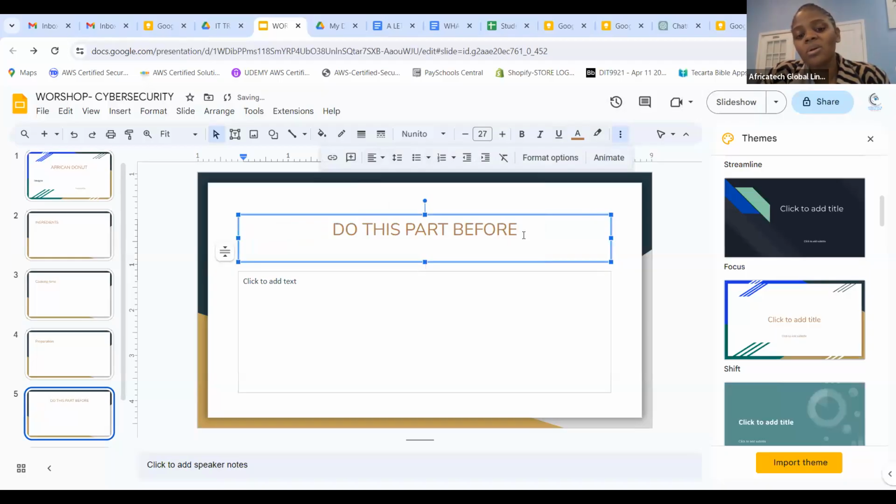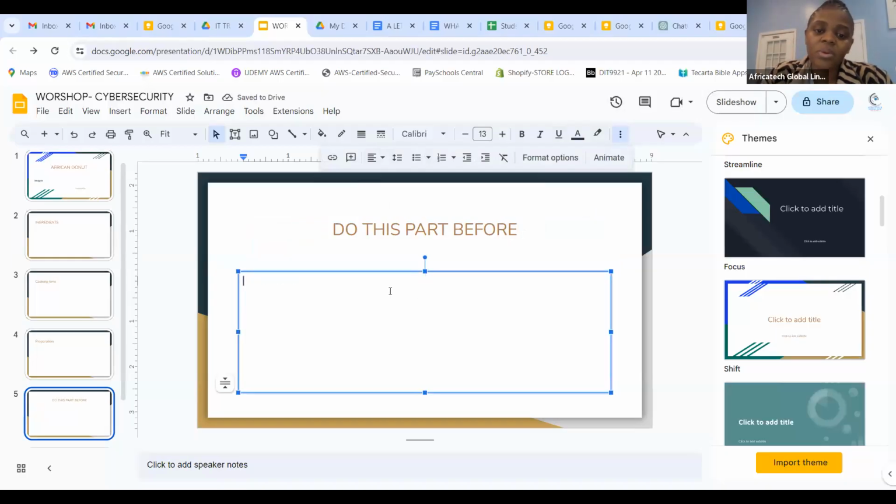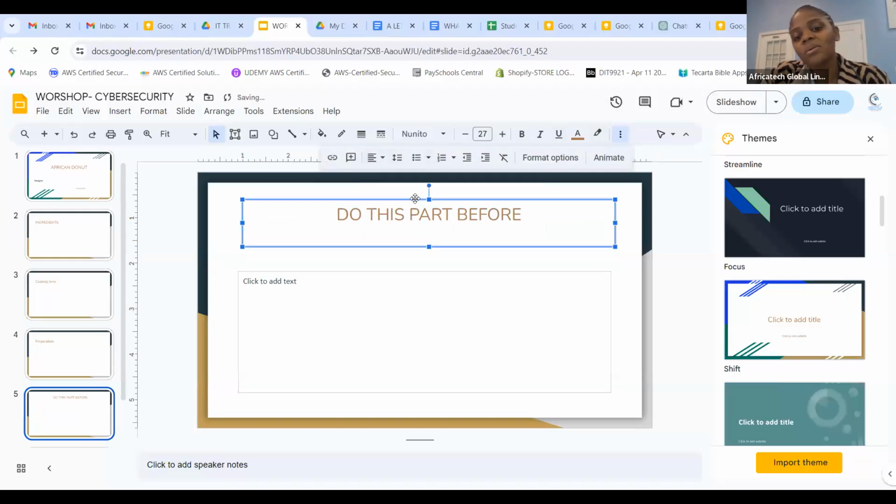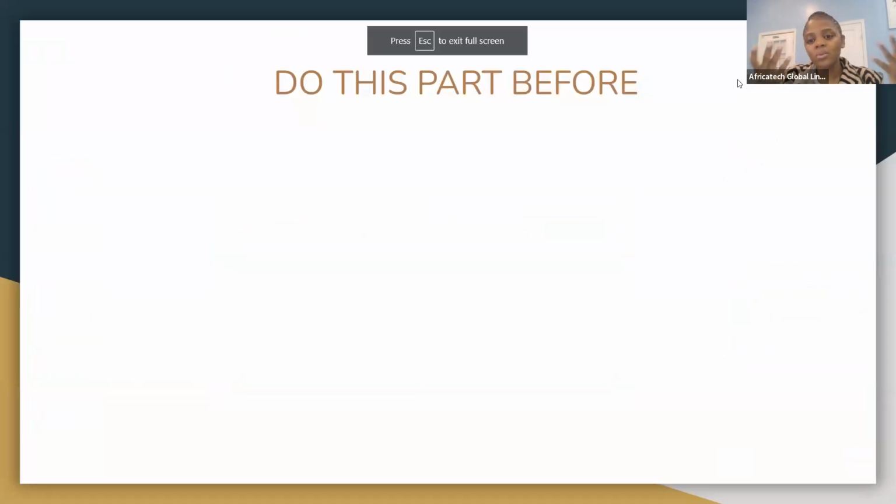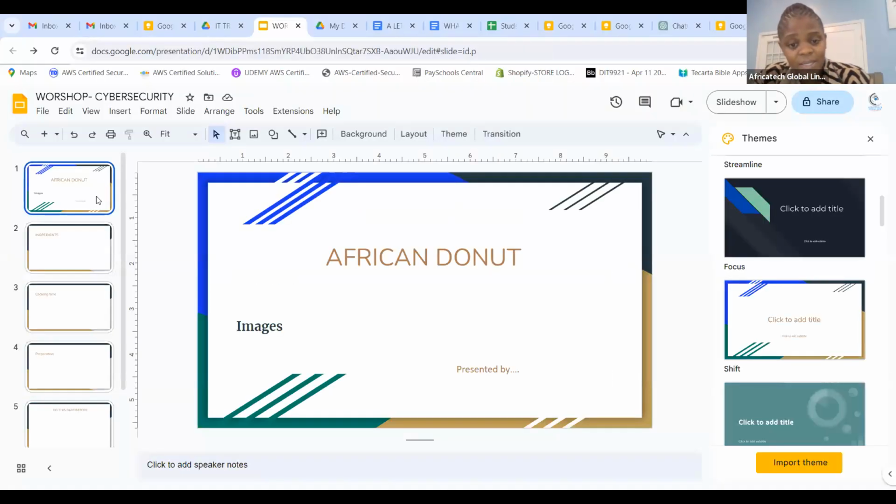This is the part where you write the title, because you are presenting something, right? You don't want someone to look and say, what are we doing here? When he's looking at your title, he knows what the slide is about. Do this part before. And the good thing with PowerPoint is that when you are presenting to an audience, they don't have time to read. Even when I put a lot of reading, it will make you sleep. So I try my best to put only bullet points, so that it will attract someone, and the person will not sleep.